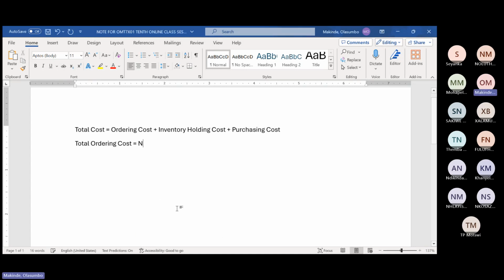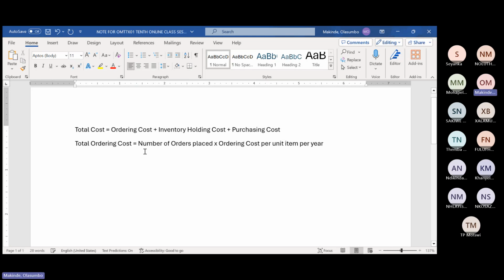Let me just help you quickly. It's a function of how many orders you are placing. So let's just say total ordering cost per year. So we are looking at it annually. So what is the number of orders placed, maybe per year or per month, multiplied by the ordering cost per item per year. So this is the number of orders placed